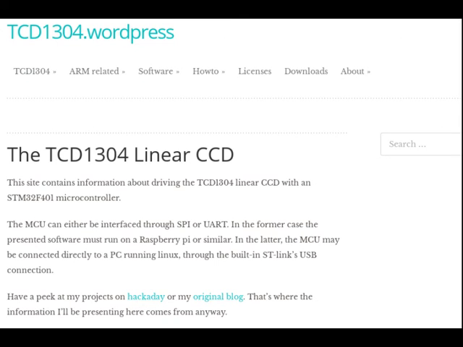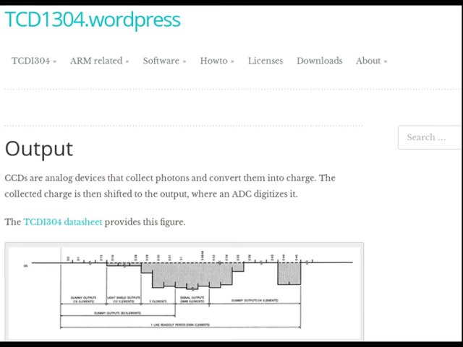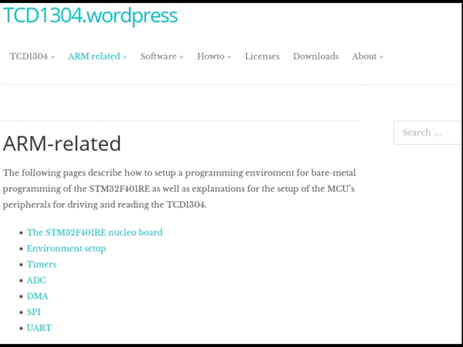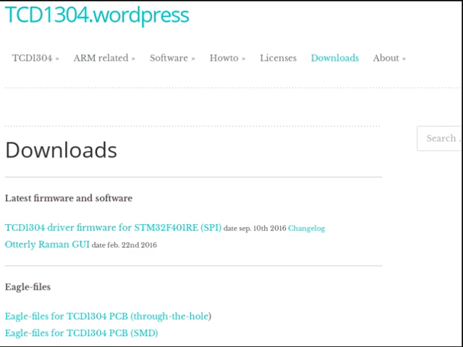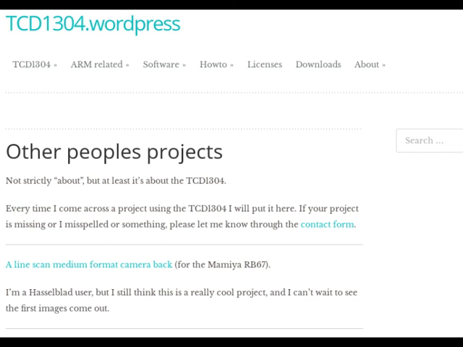So let's turn our focus to the output. Remember I set the master clock to 1.4 MHz rather than 2 MHz, which is the typical value for the CCD. Well, the reason is that the pixels are clocked out at a rate 1/4 of the master clock. We need to be able to sample the value of each pixel at this rate, and the ADC is just exactly too slow to digitize values at 500 kHz. Again, there are more details and calculations in the comments in the source code, so look at that if you want a better explanation than what I can give here.